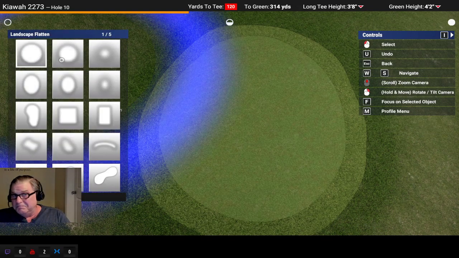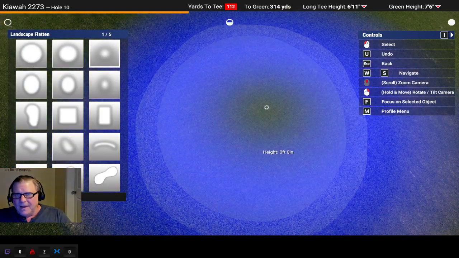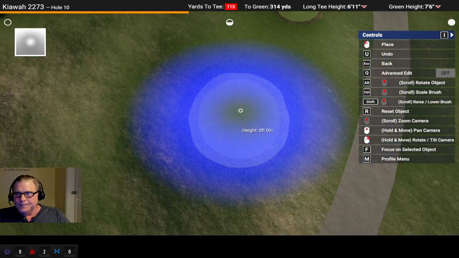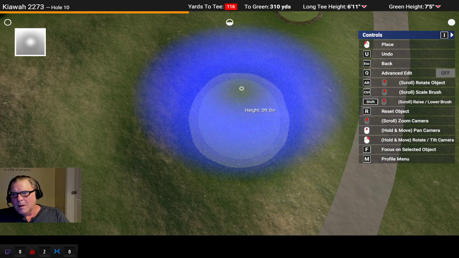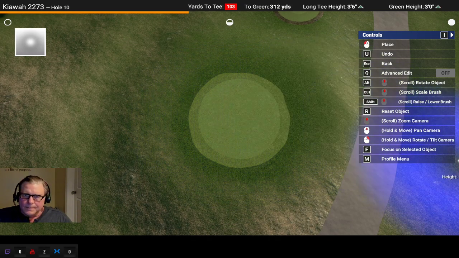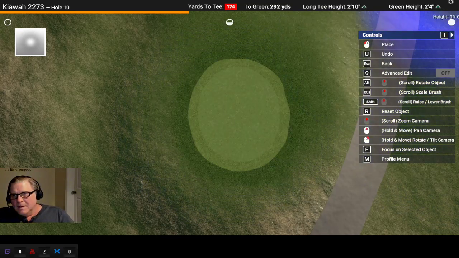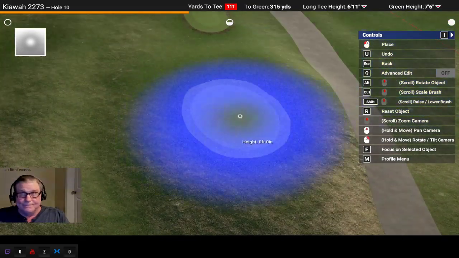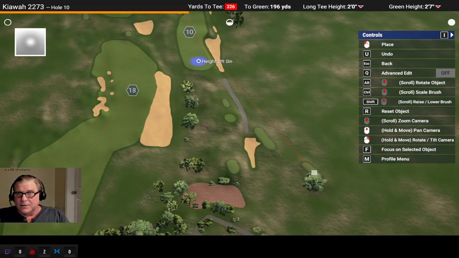Now, could it be because it's not flat? I don't know. I guess we can try it. I doubt it. No. But you can see how it's not perfect going around that perfect oval. Stuff like that's going to drive me nuts. I don't know if I can do this course